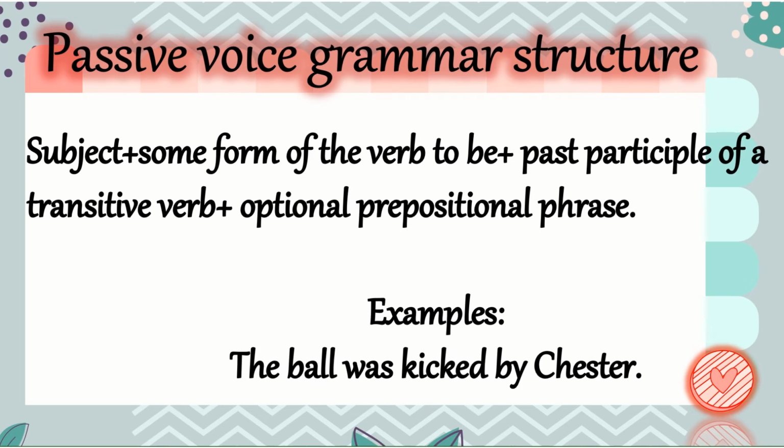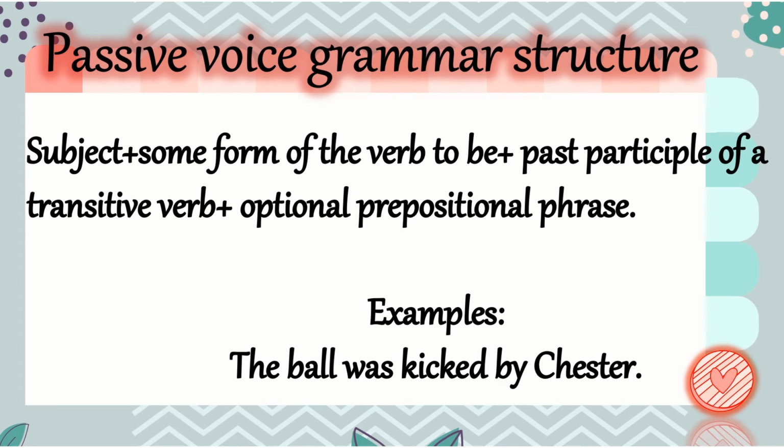For example, the ball was kicked by Chester. In this case, you have the ball, that is the subject. Some form of the verb, in this case was, that is in past, and also kicked, the past participle of the verb. Also, you have the preposition by